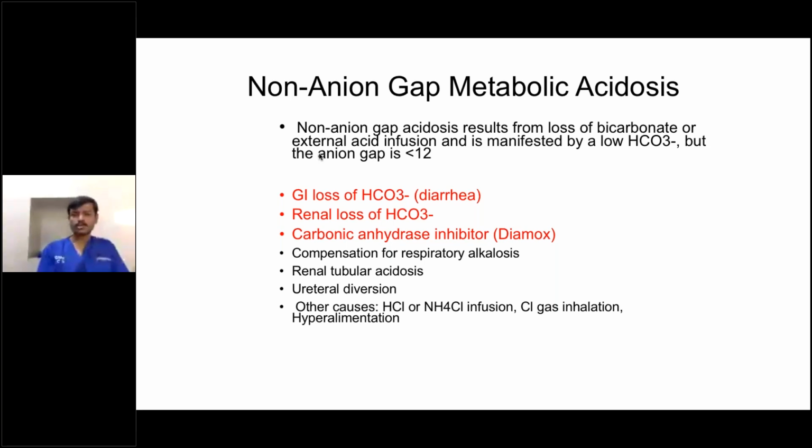What are the causes of loss of bicarbonate? Loss of bicarbonate may be because of gastrointestinal loss, that is diarrhea, or ureteric diversion, fistulas, or maybe a kidney loss, renal loss of bicarbonate. These are the two important causes for normal anion gap metabolic acidosis. There is one drug called carbonic anhydrase inhibitor, Diamox, which is used most of the time in head injuries or to control the CSF. The moment you start Diamox, after 2 days we are able to see normal anion gap metabolic acidosis in most of the patients. So these are the most common causes actually.